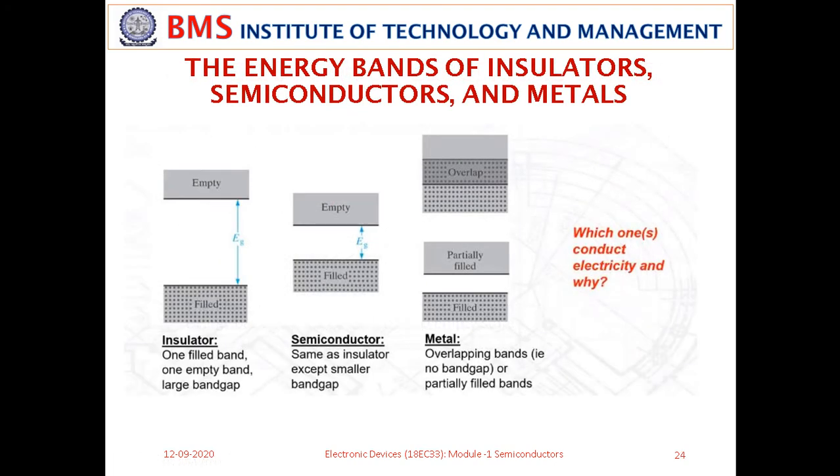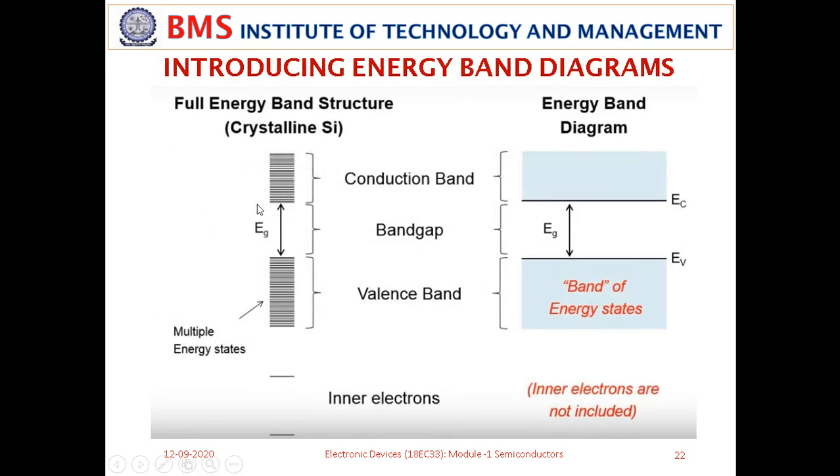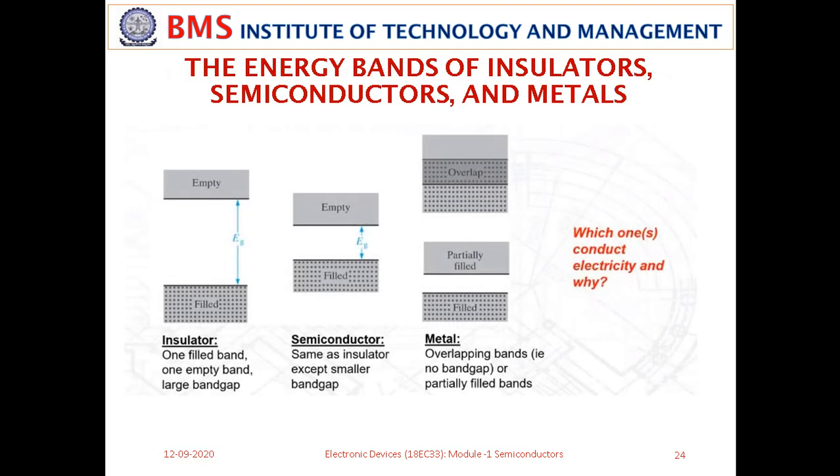Now coming to the classification of materials, materials can be classified into insulators, semiconductors and metals. As you can see here, the first diagram shows the energy band diagram of an insulator. Now we don't want to draw the diagram of this nature to classify the materials. You see here we have just shown it by drawing two lines. This is the lower energy level of the conduction band. This is the upper energy level of the valence band. You can see in an insulator the complete valence band is full. It has a lot of electrons here,